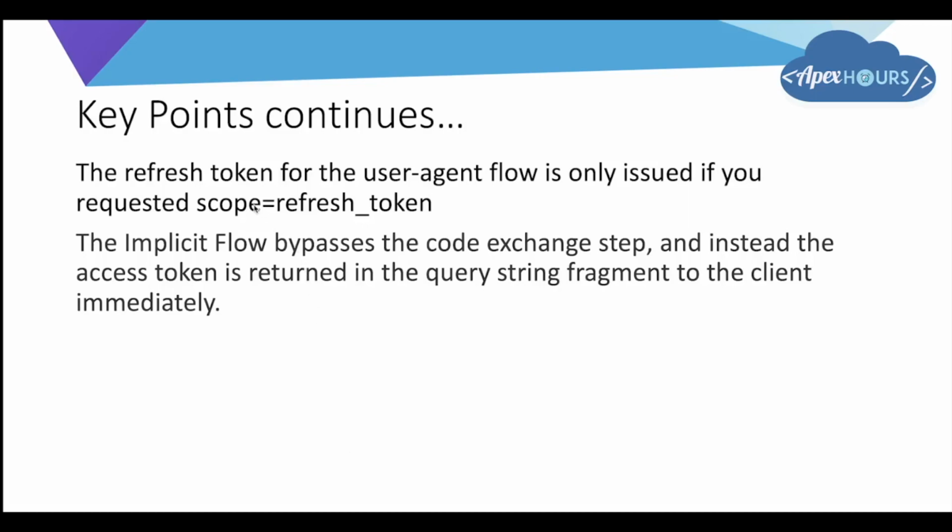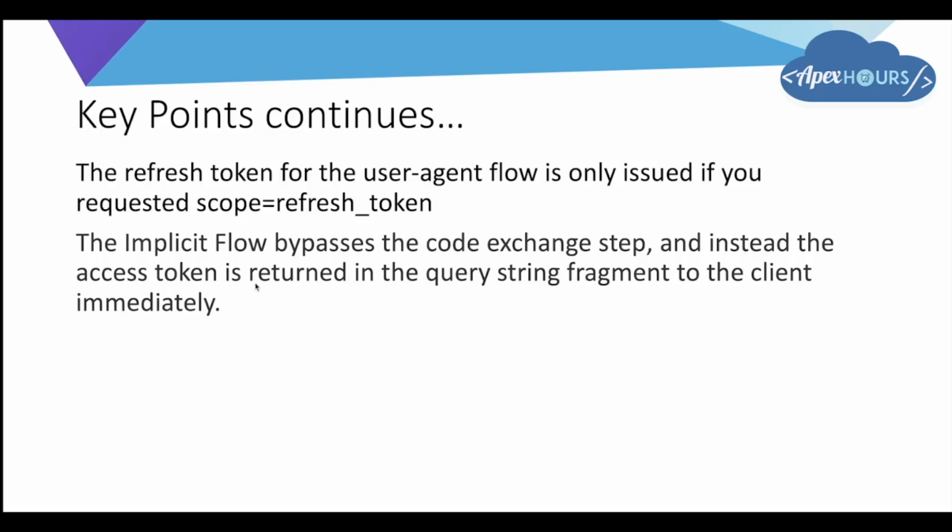So when we create a connected app, we can put a scope there of refresh token. If that scope is not given, then we will not get the refresh token back from the authorization server. But if we give this refresh token, then we get it back from the server. So implicit flow bypasses the code exchange step, and instead the access token is returned in the query string fragment